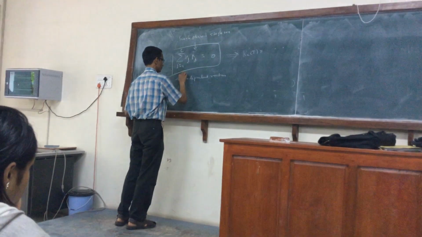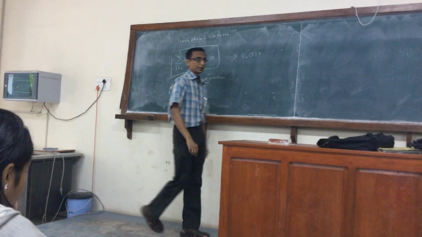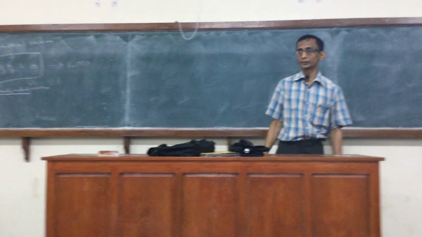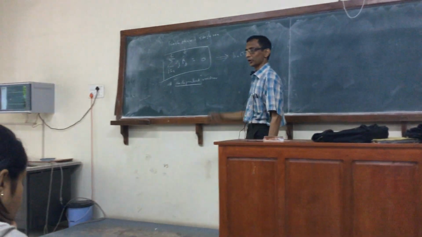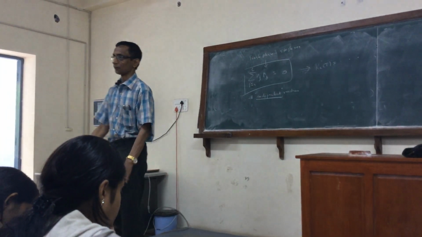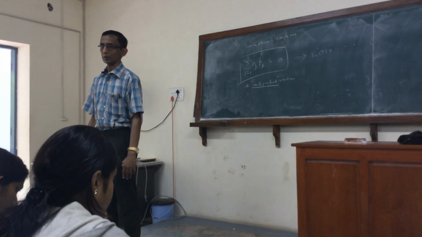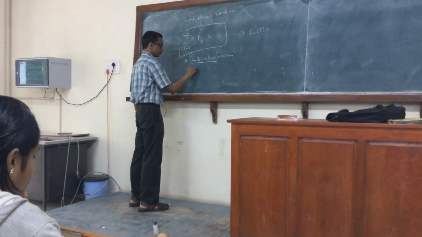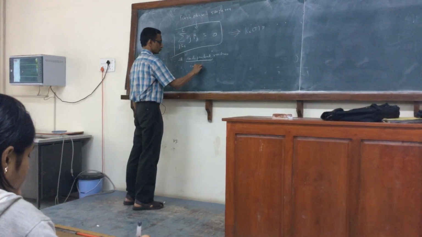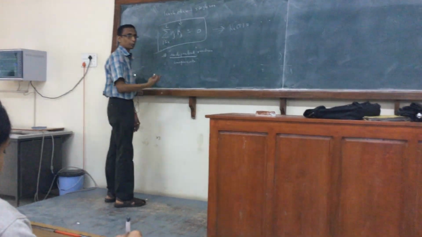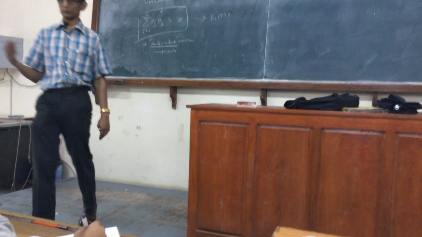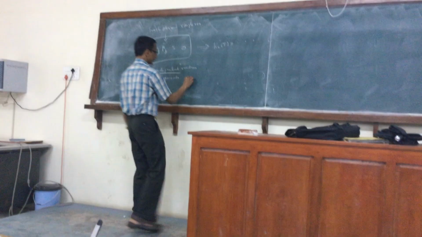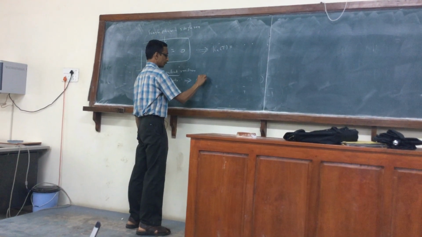Certainly you might have encountered this idea in the mathematical methods course, whoever is taking it. Certainly you should have, even in process calculations in your BTech, you must have heard of this idea, the number of independent reactions. Now there are different ways of approaching this. One is, if you're given a certain set of possible components, and then you're asked to construct the number of independent reactions. This you can do by constructing the so-called stoichiometric matrix,